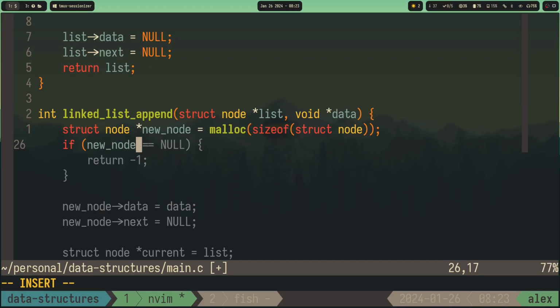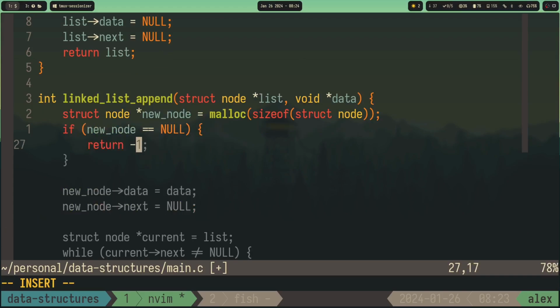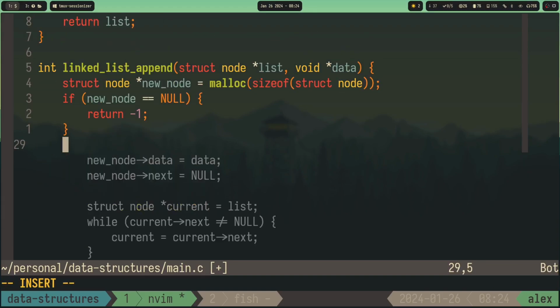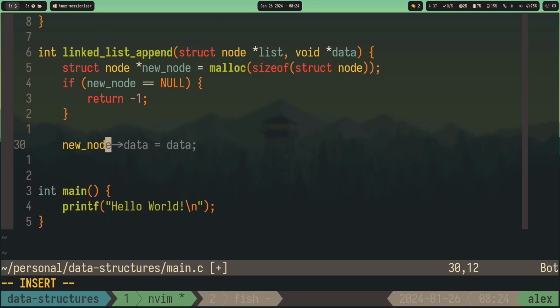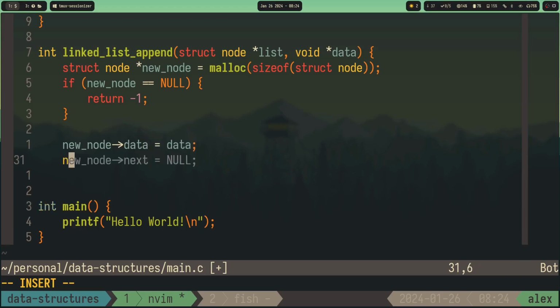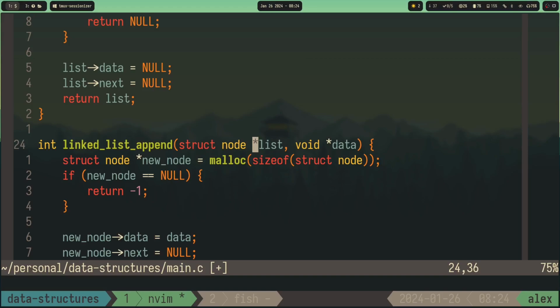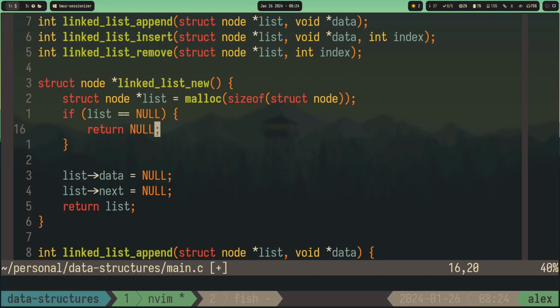If it didn't work, then we return some error. Okay, then we need to put the data. Then we need to set the next to be null. And now it's a bit more interesting. Actually I think that probably a better way to do it would be to have here a double pointer to the list and initially have it as null, so that we don't have to